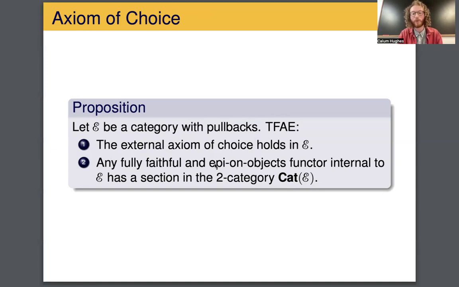So we can't define what an epi on objects functor is straight away. It's not easy to define what an epi on objects functor is in K, because it's not a representable notion, because epis are co-limity rather than limity. So the goal for the rest of this part is to be able to define epi on objects functors that are fully faithful in an arbitrary two category.